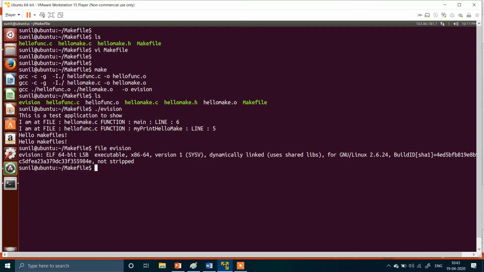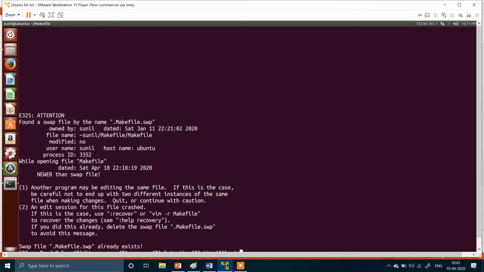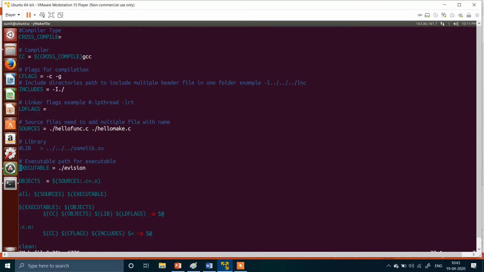Let's open this makefile, and now I will pass one directory back into the include argument. That means my makefile will look for header files one directory back, not in the current directory.